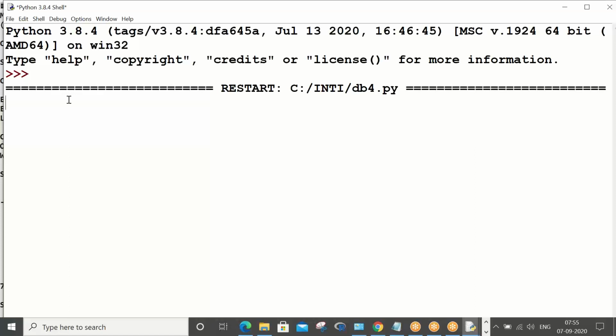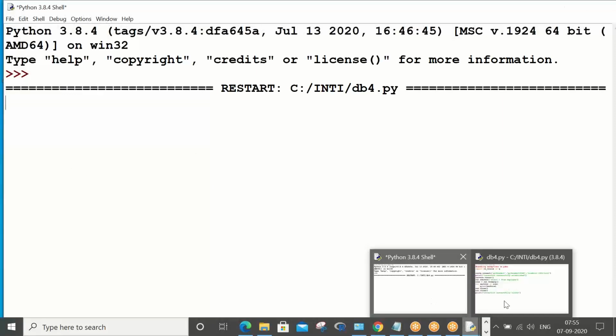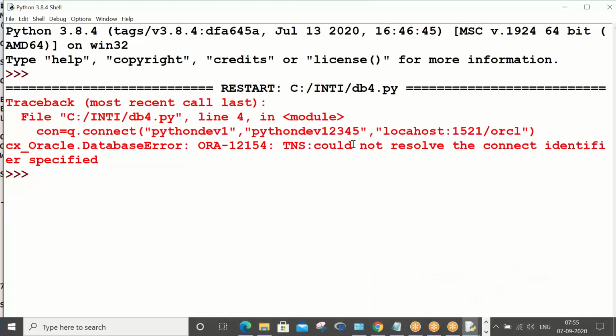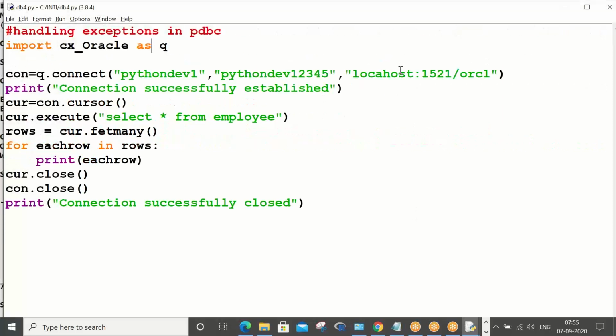Yeah, it is processing. It should not take this much time. So somewhere it got stuck with some challenge. Python dev 1, Python dev 2, database error, could not resolve connect identifier. So basically in localhost, the L is missing, a typo error in localhost. One second, guys.